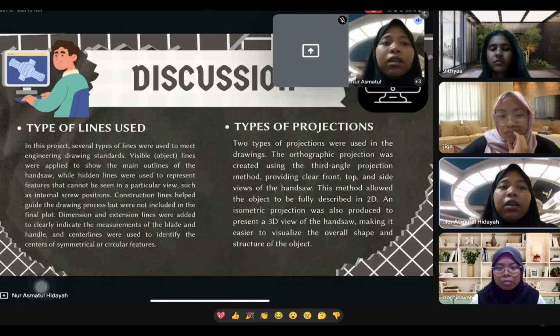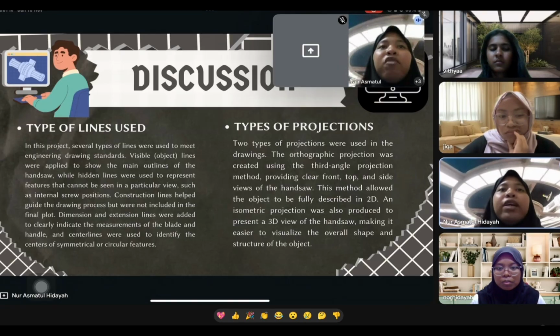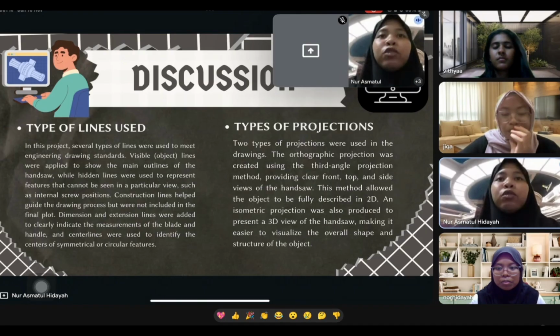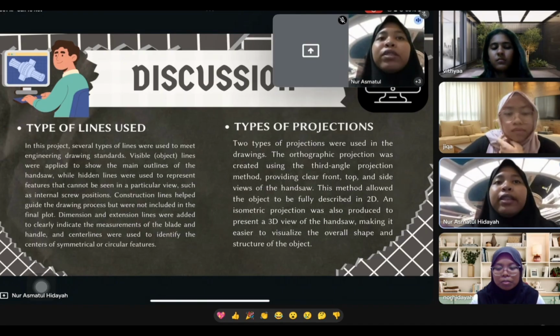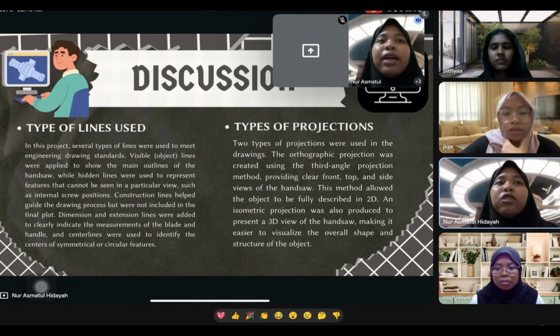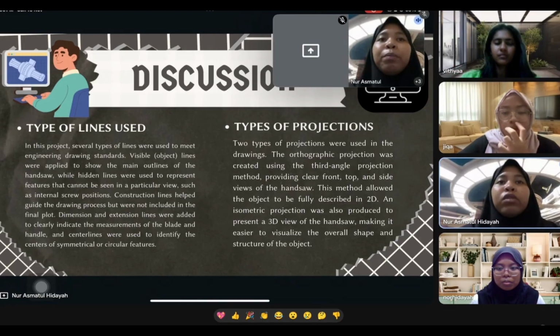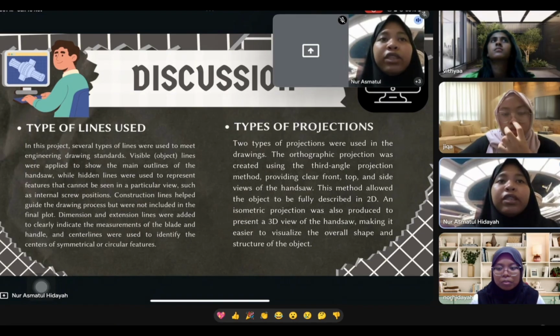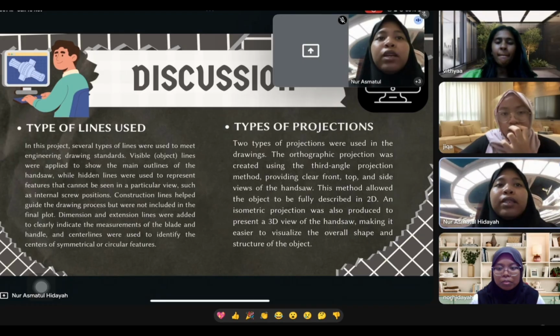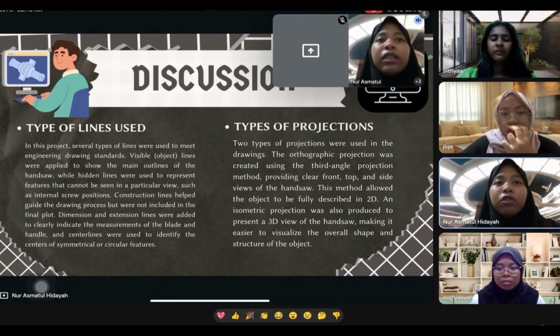and we have used several types of line in this project. Several types of line were used to meet engineering drawing standard. Visible lines were applied to show the main outline of the handsaw, while hidden lines were used to represent features that cannot be seen in a particular view, such as internal screw position.